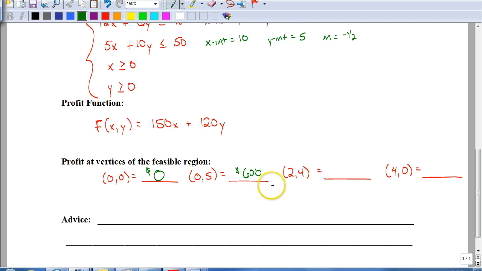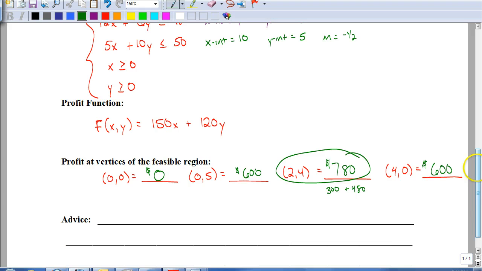Put 2 in for 150, that's $300. Put 4 in there for y, so 4 times 120 is $480. And so we get $780 in profit. And 4 times 150 is 600. So our maximum value would be, if they sold 2 of the Old English and 4 of the Cool Contemporary,